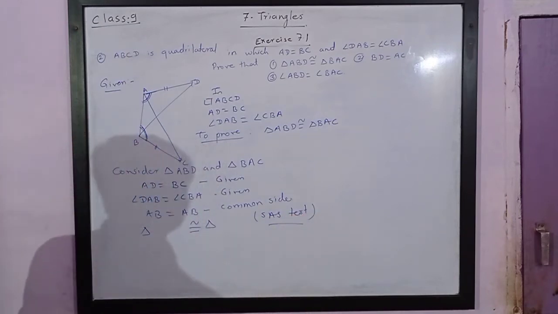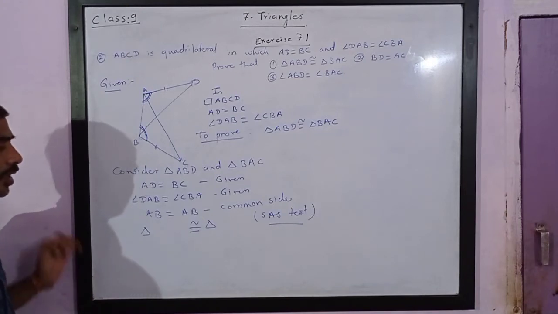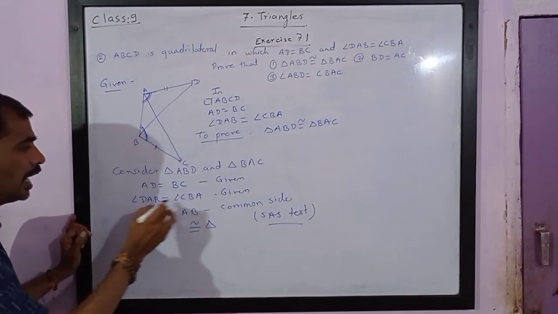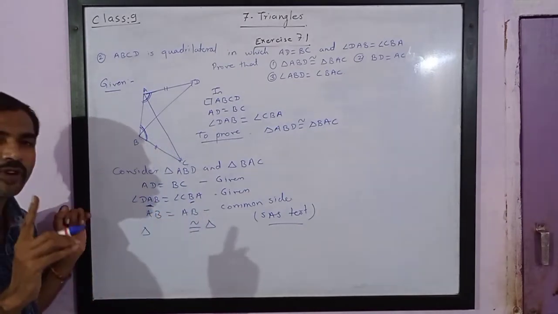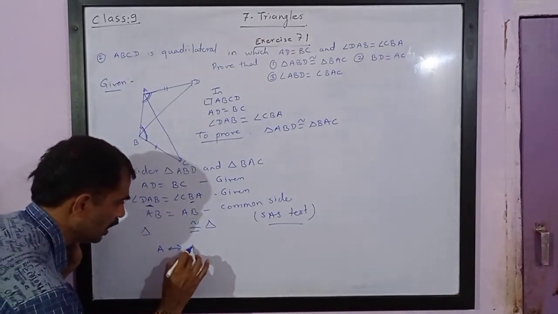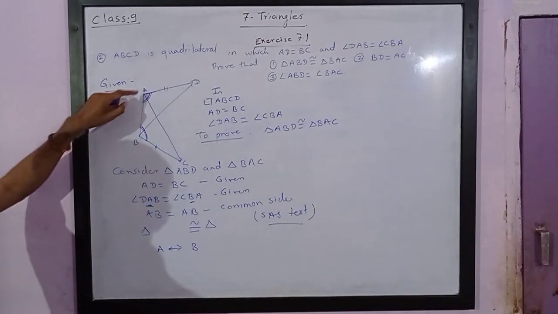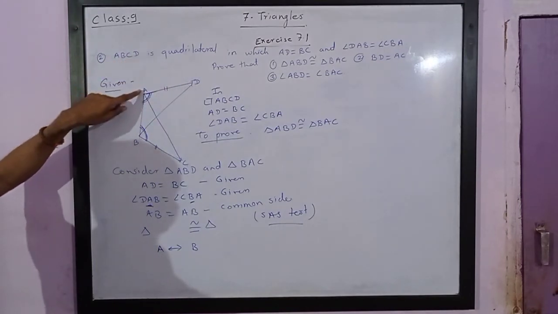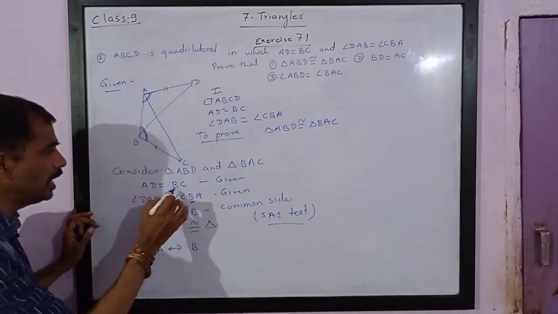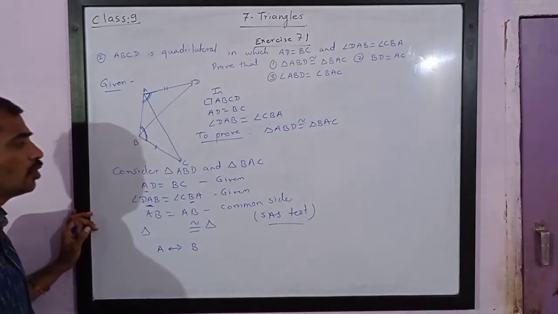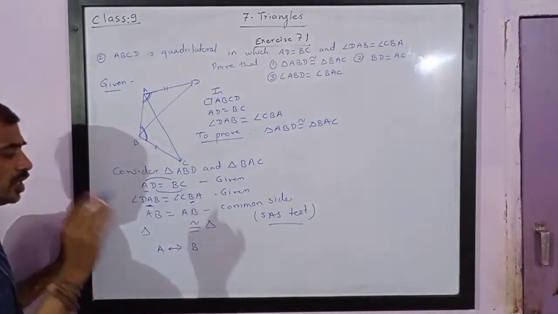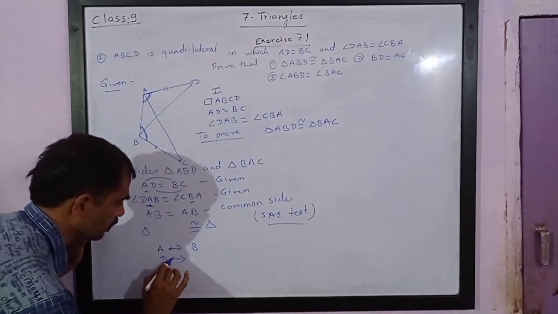Now which triangles are congruent? For this, one-to-one correspondence is very important. Please note, in triangle ABD, we have A and this angle is B. So always start from angles. So here you will get A corresponds to B. A from this triangle corresponds to B from this triangle. Now see, AD equal to BC. Out of this, A corresponds to B. It means D must correspond to C. So D corresponds to C.